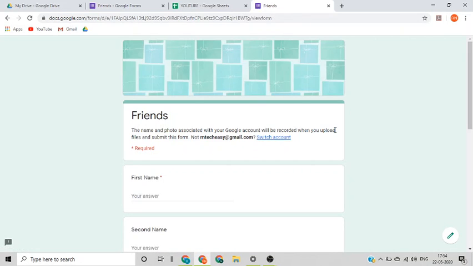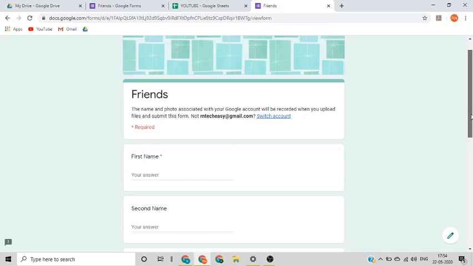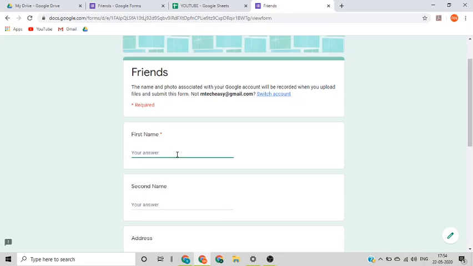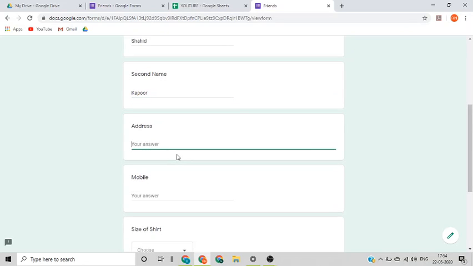So this is the friends form available on the link that we have copied. So we'll fill these details. So first name is Shahid, surname is Kapoor, address is Bandra, Mumbai 400060.